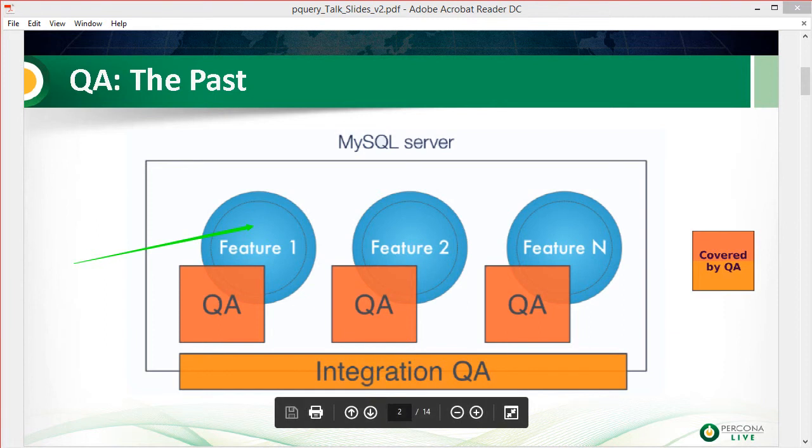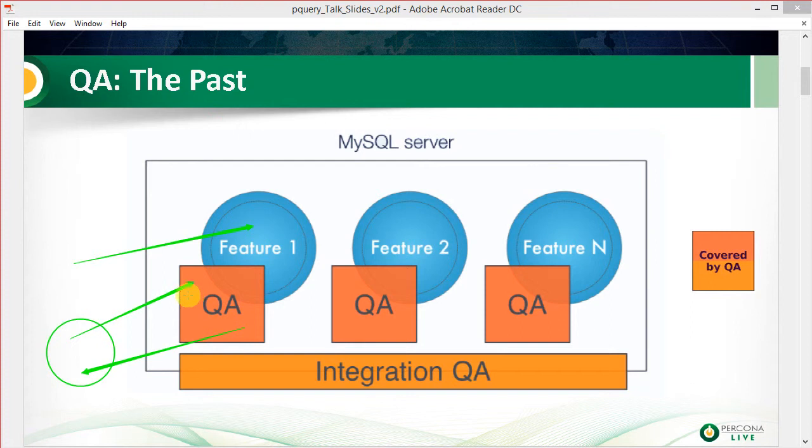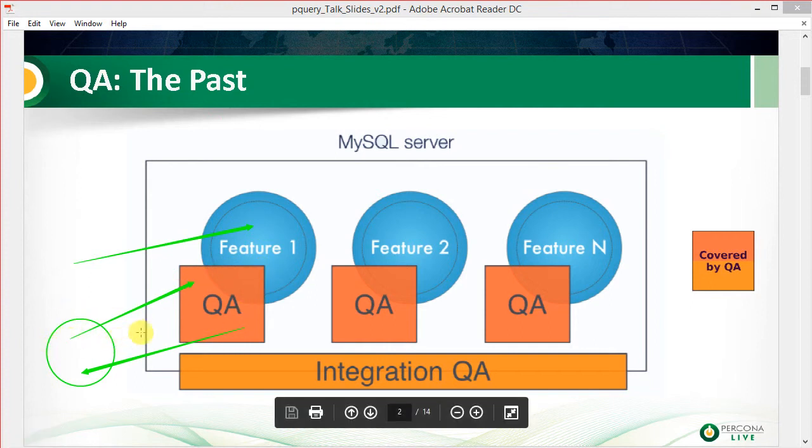Now, of course, if you have a fairly new QA engineer or a less skilled QA engineer, then your QA is always going to be limited to whatever this QA engineer can put in. Even if he gets some sort of cooperation from his team, it's always going to be limited to some extent. And that's also why this QA box doesn't really fully cover the future. Even if there is a lot of skill for the engineer, they might not be able to execute everything because of machine resources, and there could be other reasons too, like for instance the feature can only be tested in a certain way, so it takes some time to set up, the release has to go out of the door,